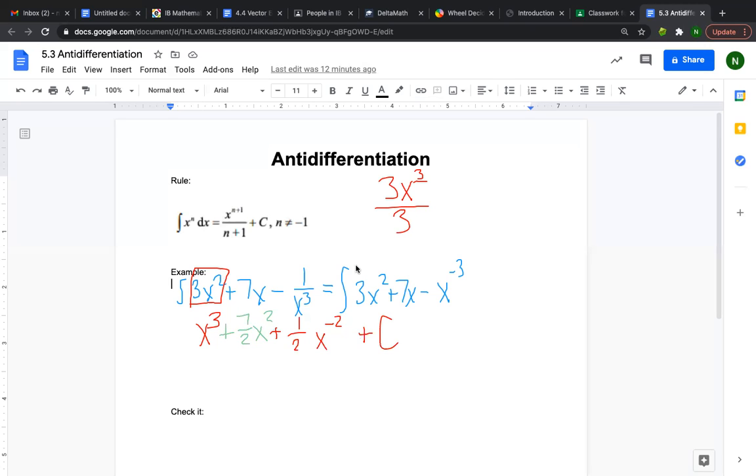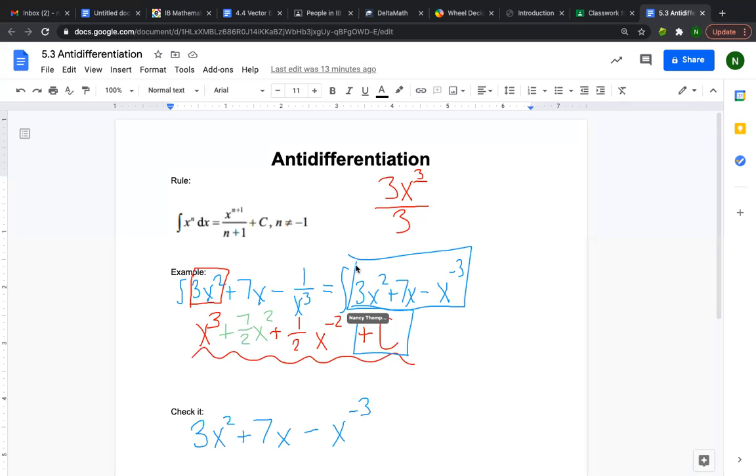So let's check it. And the way we check it is to undo our work. So what I would like you to do is just take the derivative of this equation. Remember, when you take the derivative, you pull down the power. So we have 3x squared plus 7x minus x to the negative third power. And then in a derivative, whatever that constant is, because it doesn't have an x term, even if it was 5,000 or just 5, it goes away when we take the derivative. So that is the equation that I had right here. So I know I did it right. I checked my work. Okay, moving on